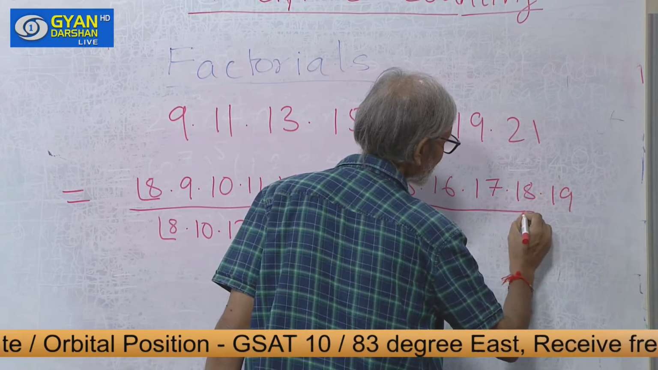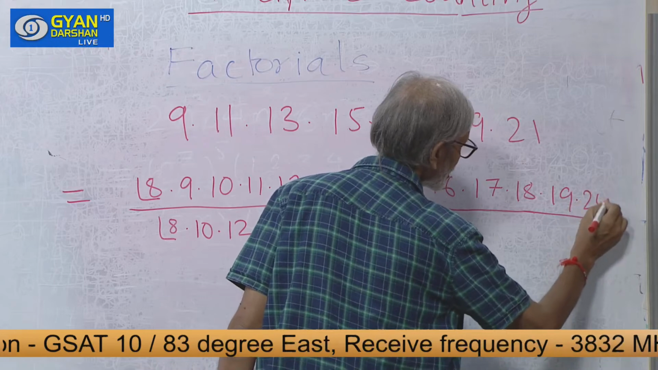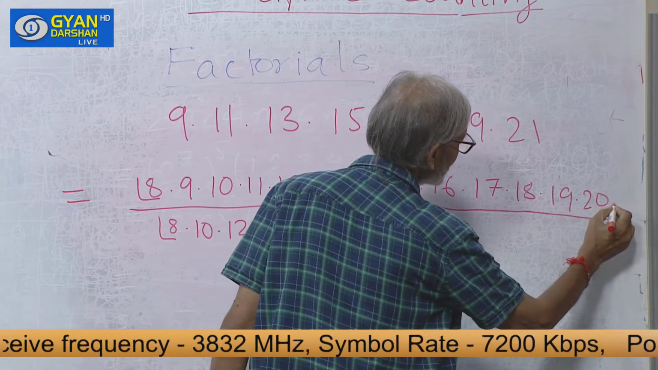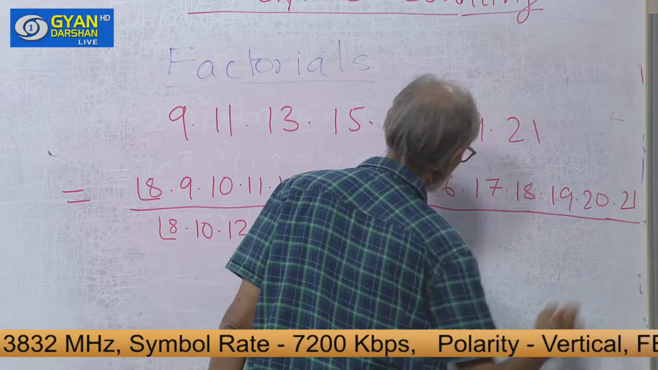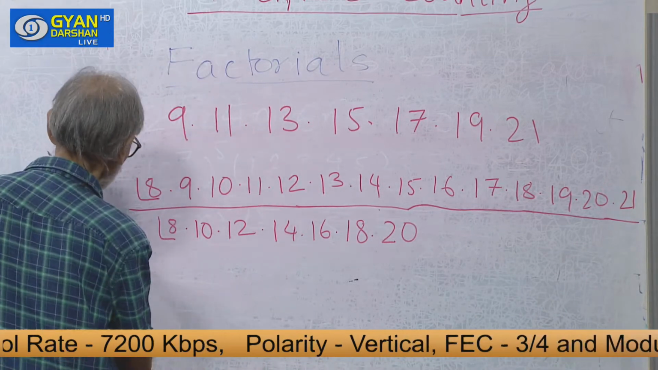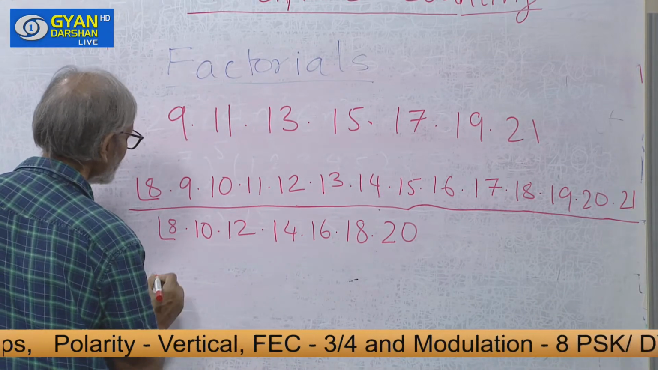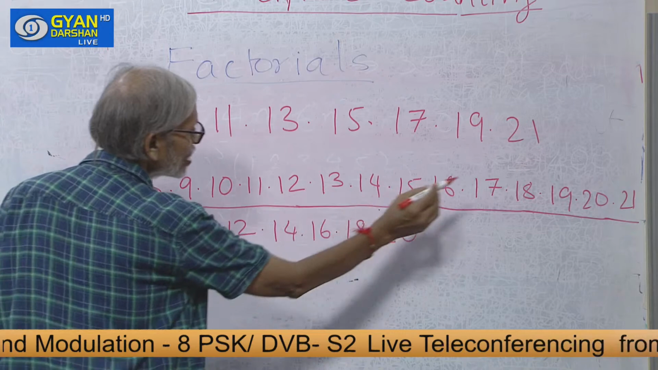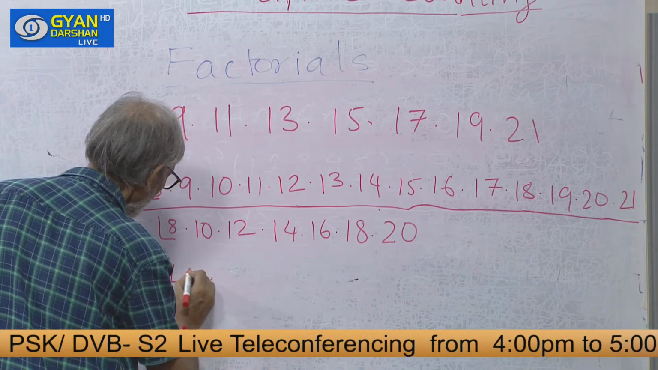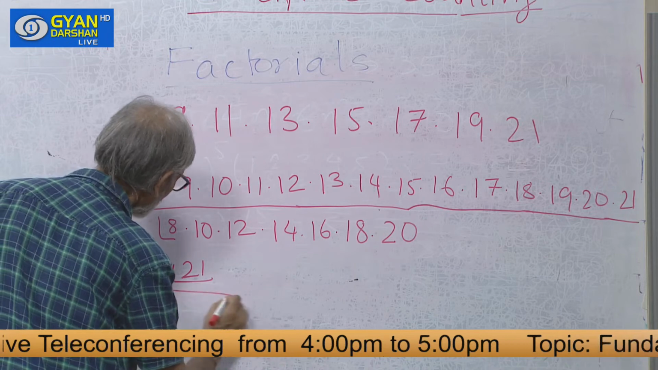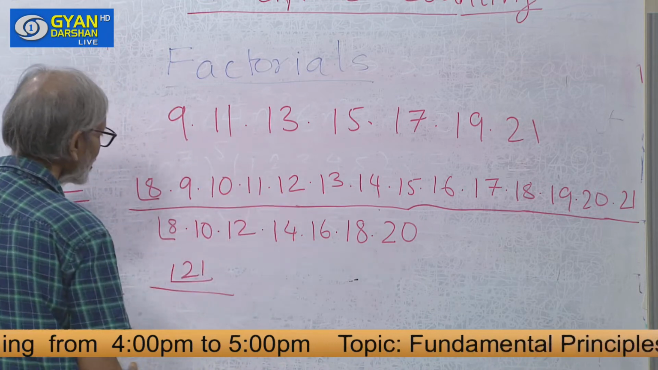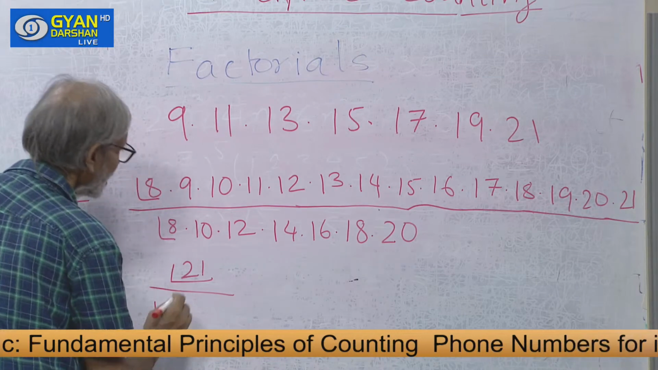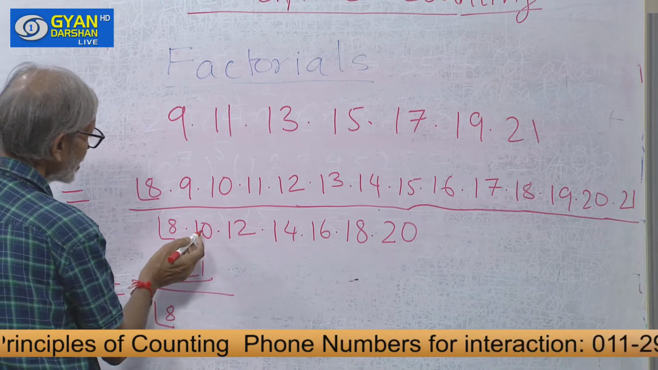Then 19 is there, 20 is not there. So, I will multiply here by 20, both places, and then 21 is already here. So, now this will become, after factorial 8, 9, 10, 11 till 21 is there. So, in the numerator this complete thing will become factorial 21, and in the denominator it is factorial 8, and then